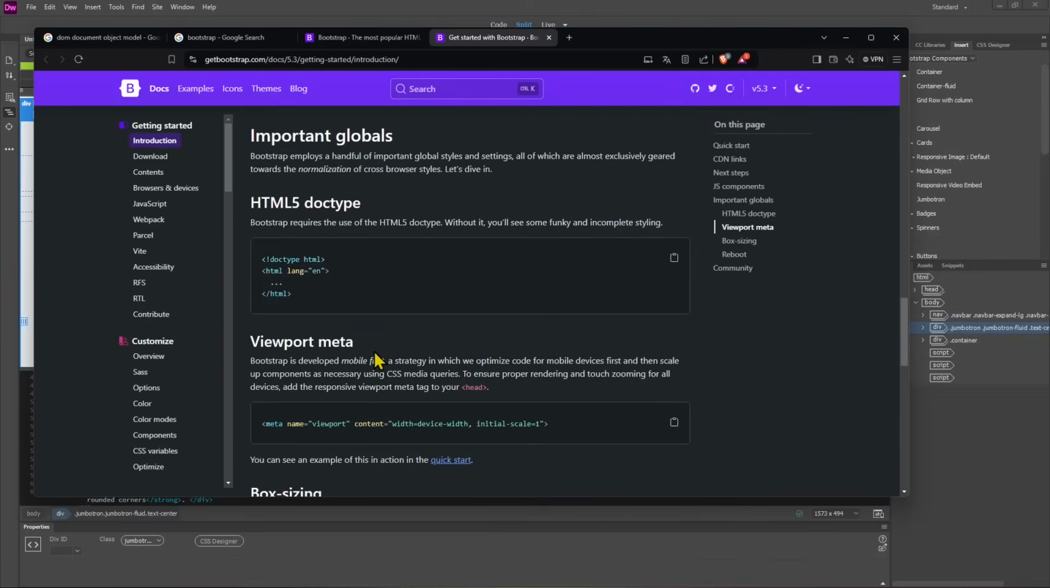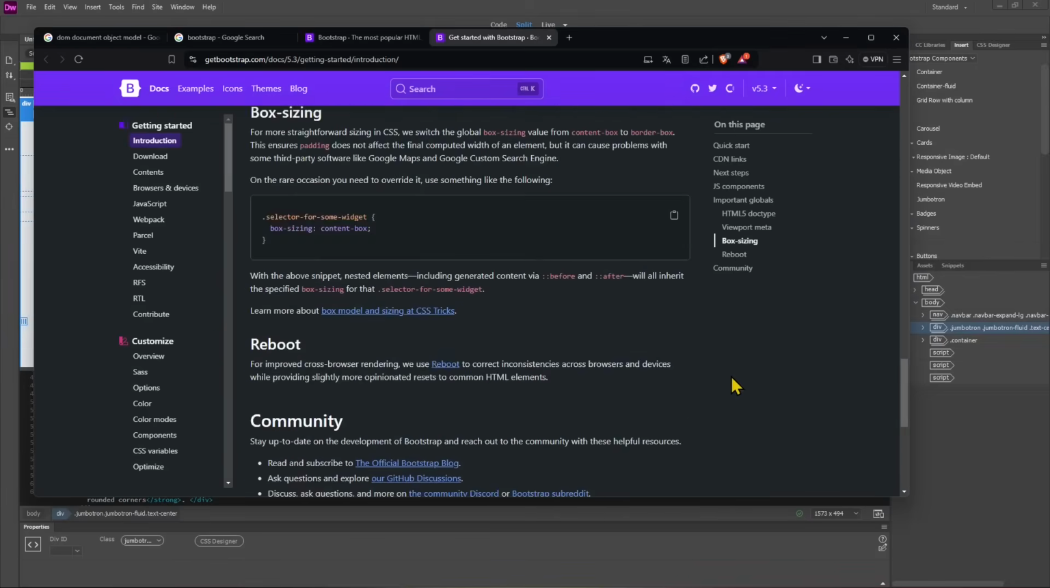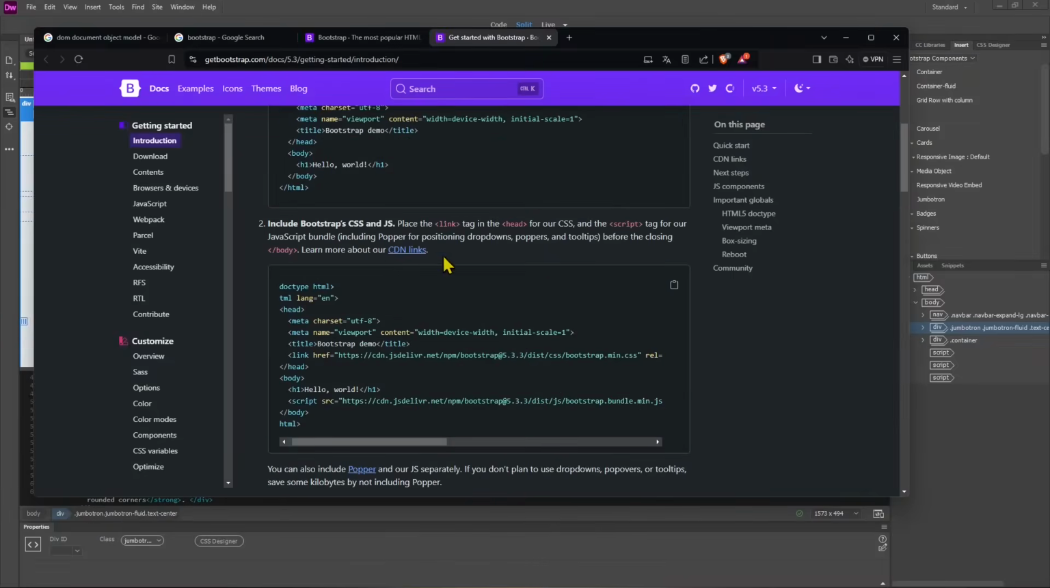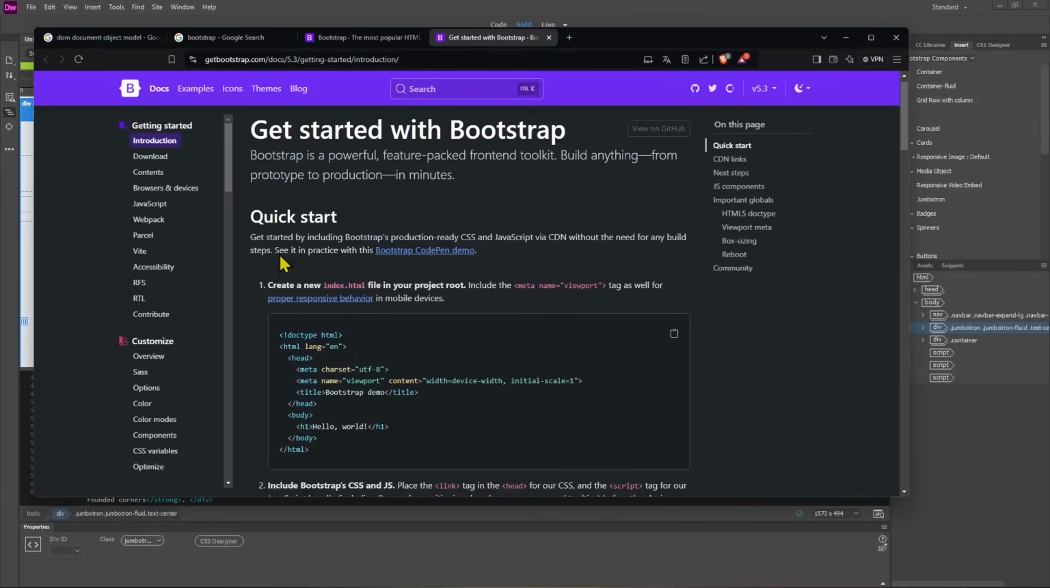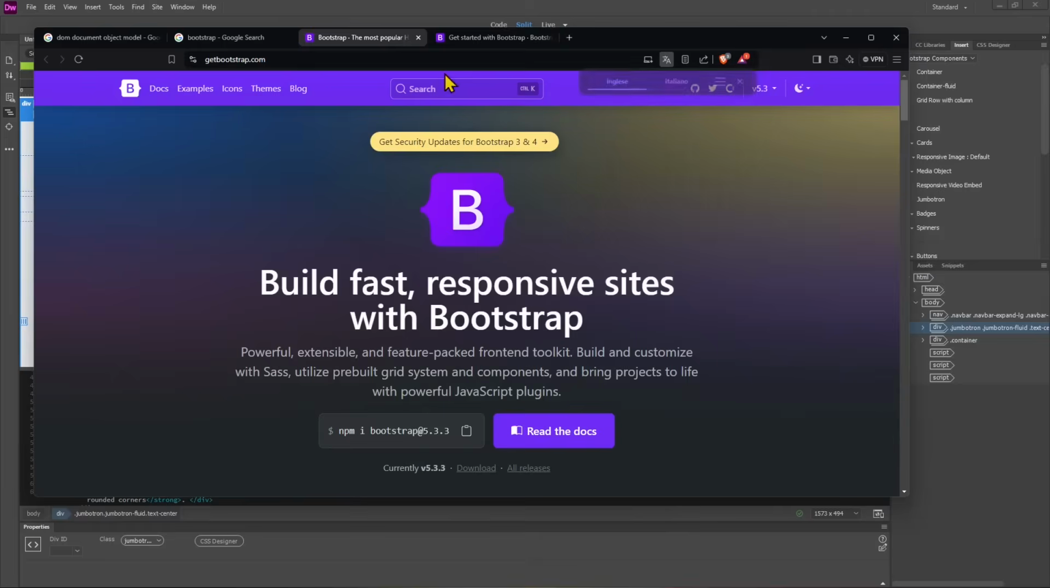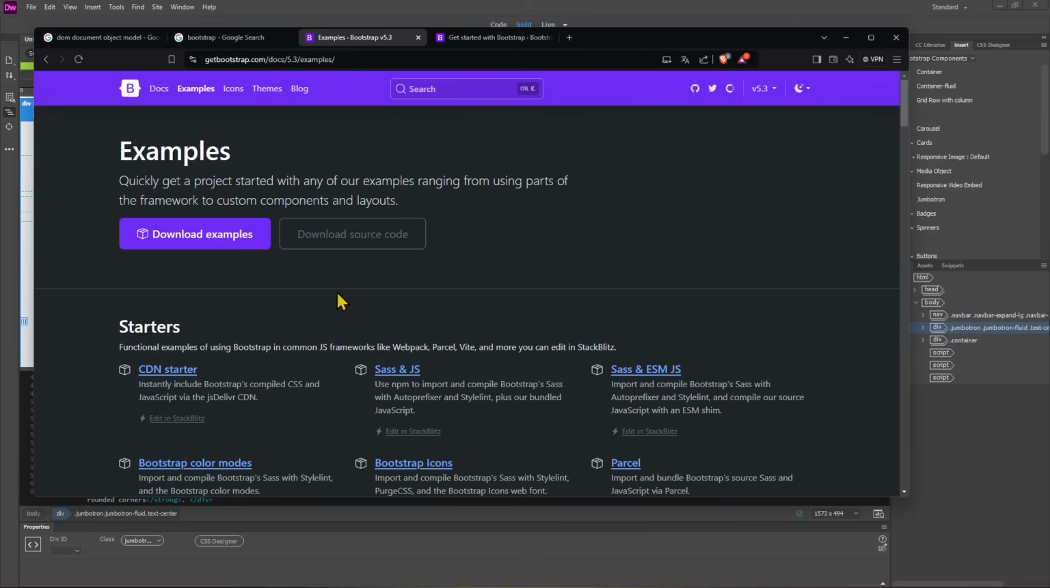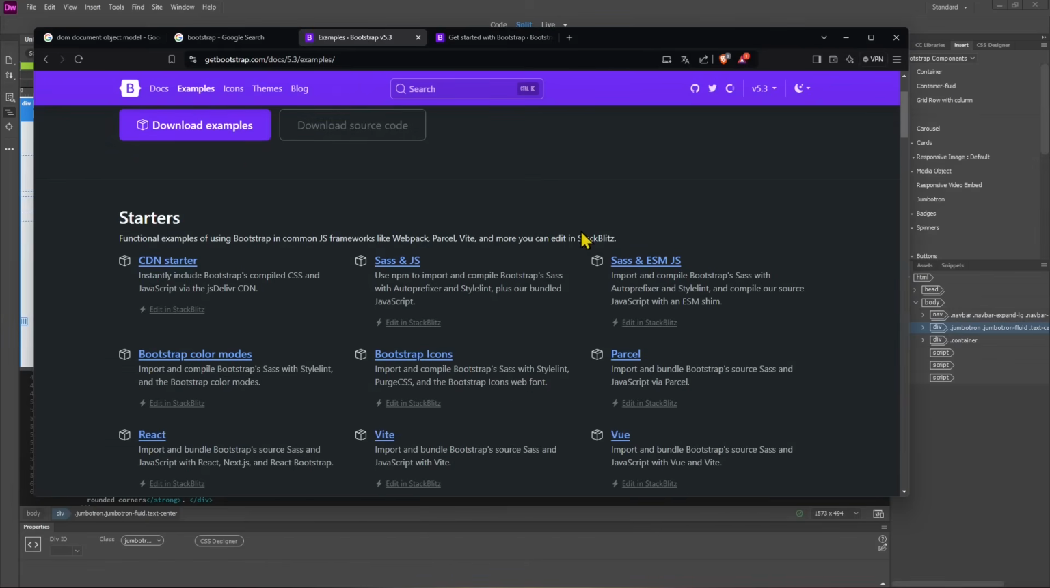But all of this is taken care of by the Dreamweaver application, so you don't need to do any of this. If you want to do it manually, you're welcome to, and you'll find all the information on the official website with examples. You can download examples, and you can download source code. It's an open source